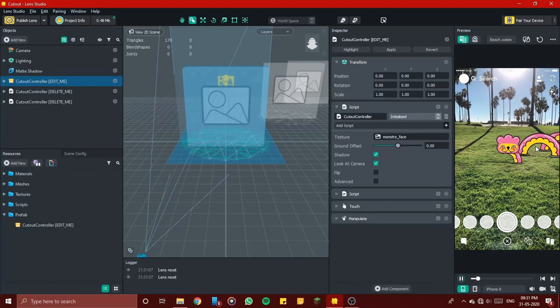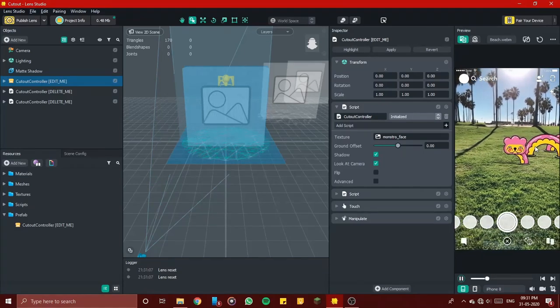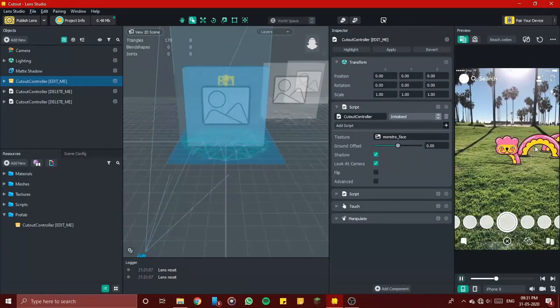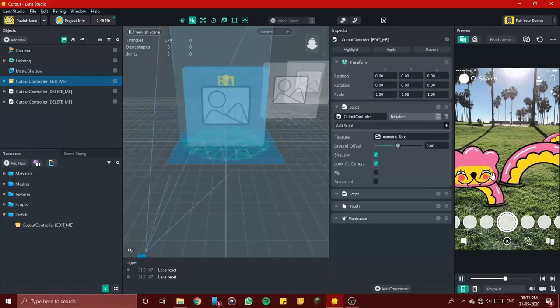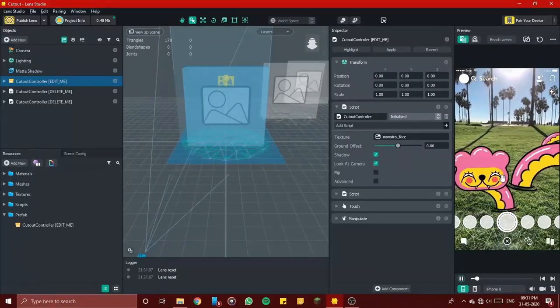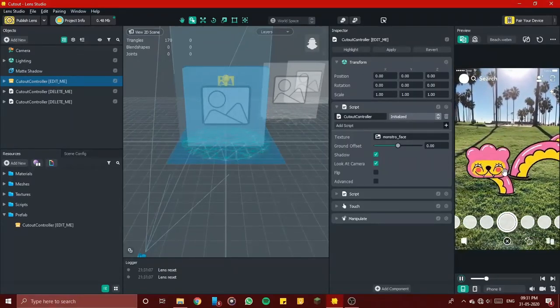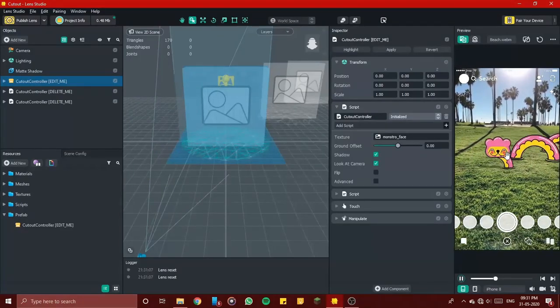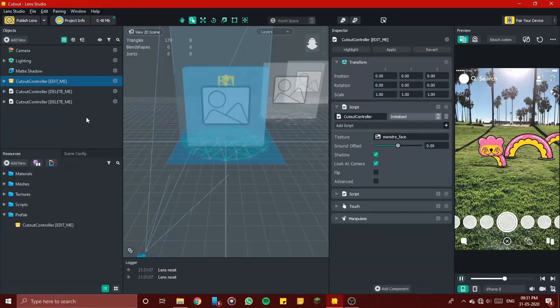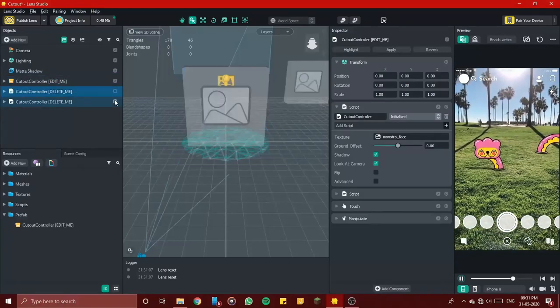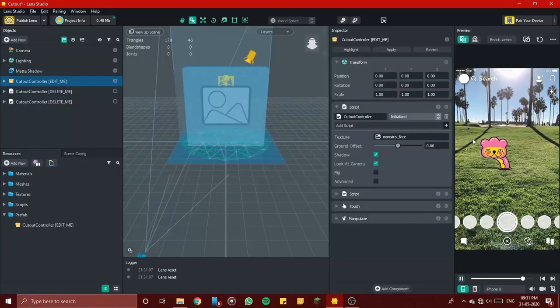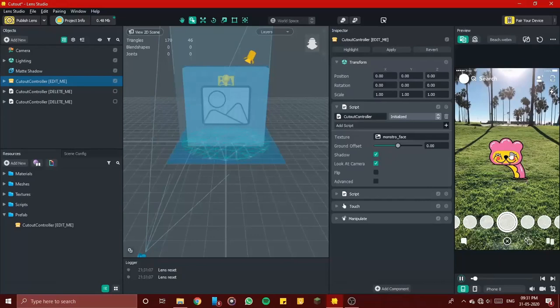As you can see here, what cutout does is it projects your image onto real life, and it is done using augmented reality. You see, I can change the distance from the user like this. So I'm just gonna delete it, and let's focus on this image for now.